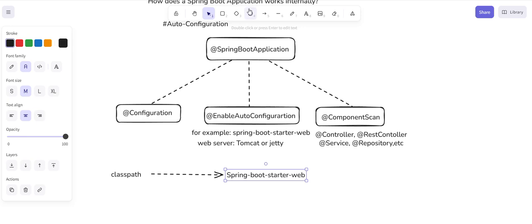It also looks for the property dependency. Now the properties will be